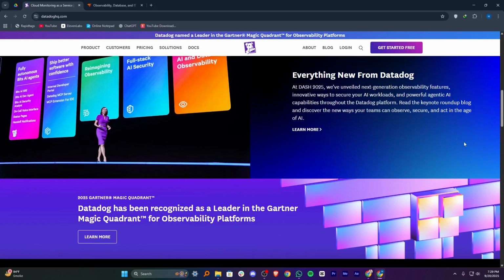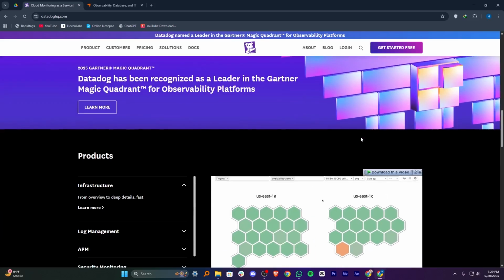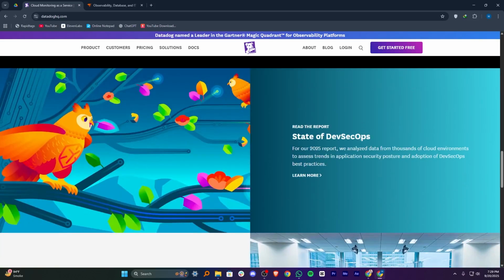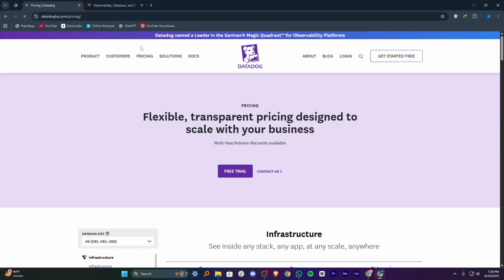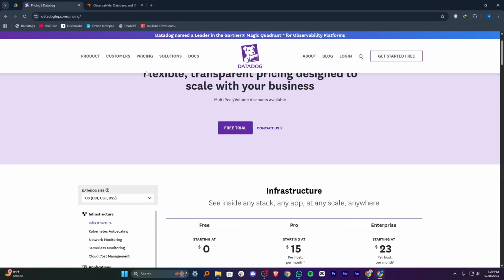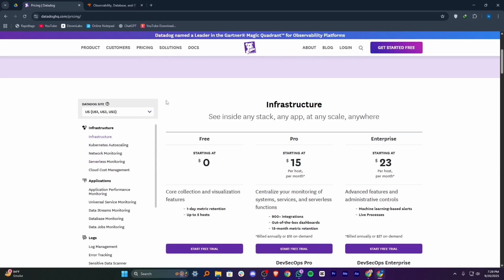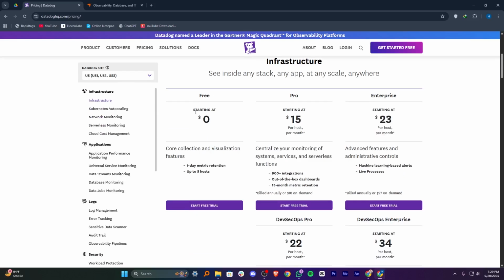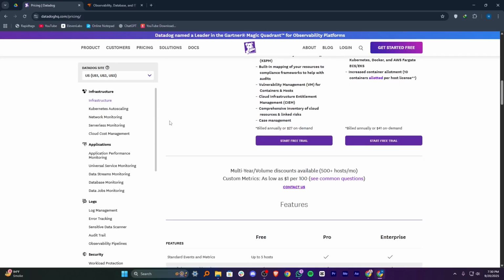Datadog supports over 800 integrations, including AWS, Azure, Google Cloud, Kubernetes, Docker, and many popular databases and apps, making it highly flexible for organizations with diverse tech stacks. It also offers features like AI-powered anomaly detection, application performance monitoring, and end-to-end visibility, which help teams quickly identify and resolve issues. Datadog is especially suitable for mid to large-sized organizations with cloud-native or hybrid environments that need scalable, real-time